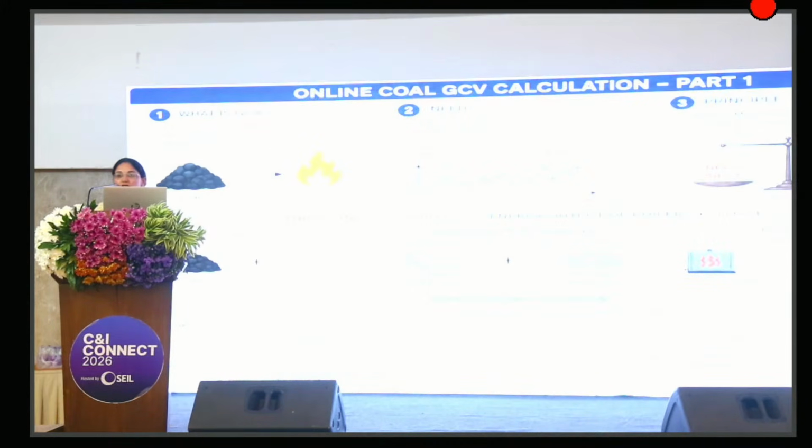Whether you are running an Audi car or a Maruti Suzuki, the driver needs to know at what mileage your car is running. Is it or not? Likewise, even the operator engineers also need to know at what heat rate they're running their